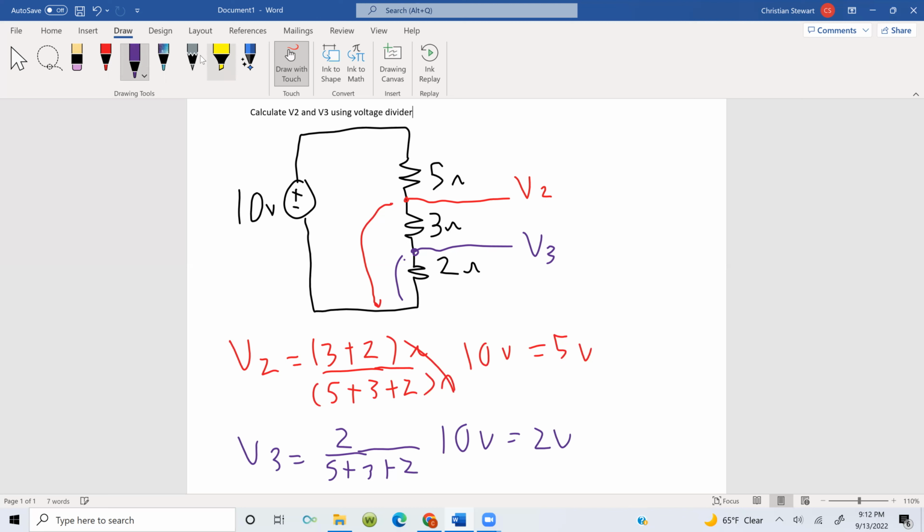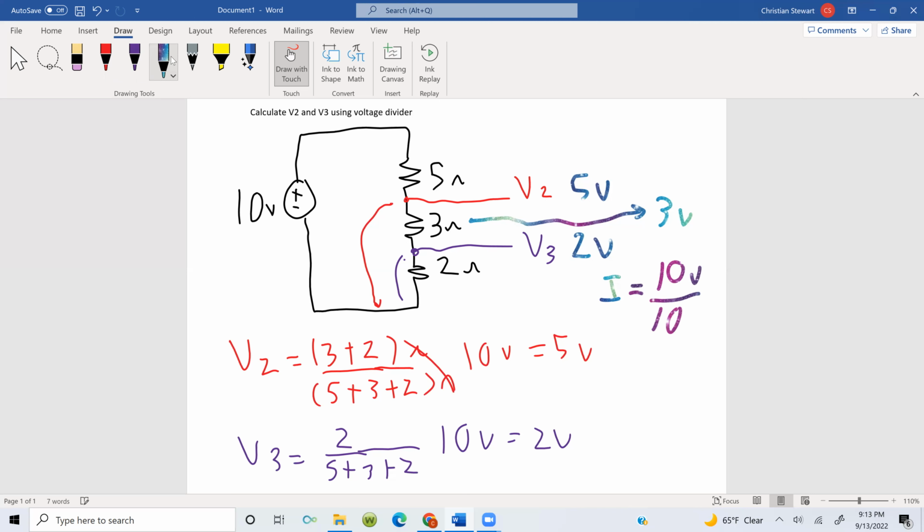Now, if we want to double check our answer, we can real quick. So we know that V2 was 5 volts and V3 was 2 volts. So that means the voltage across this 3 ohm resistor is 3 volts, which checks out because in this circuit, we have a current of 1 amp, which we found by doing 10 volts